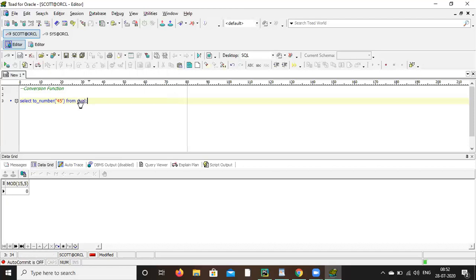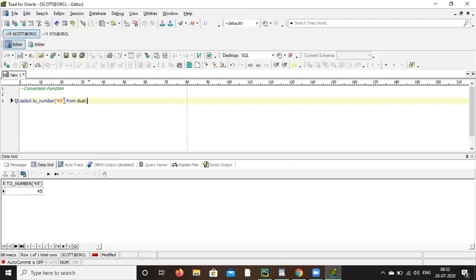So what will happen? Basically, this 45 is a string. It's not a number because it is within the quotes. Sometimes we are loading data into the database, let's say data is coming from an Excel sheet or a text file. While loading, maybe it is in string format, so it will be wrong while doing calculations.